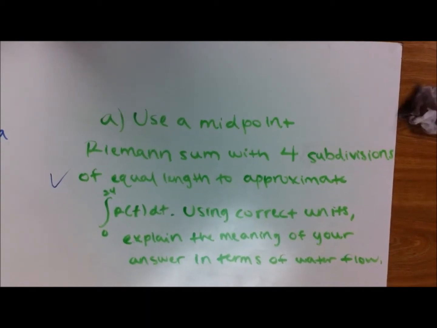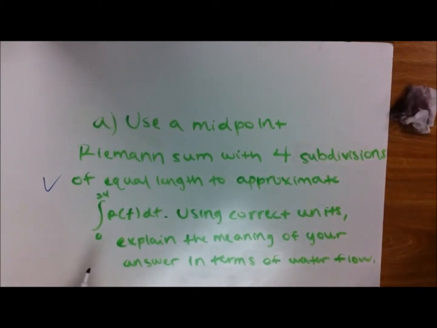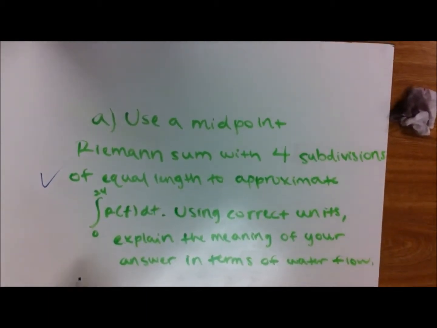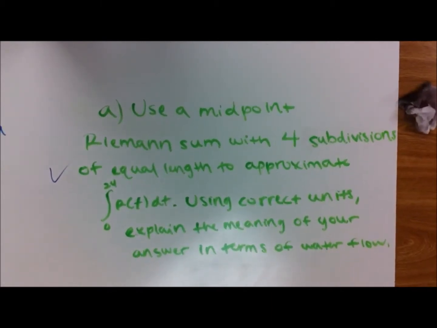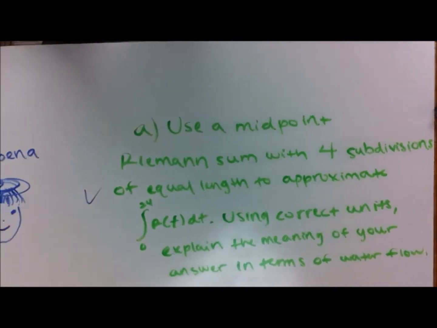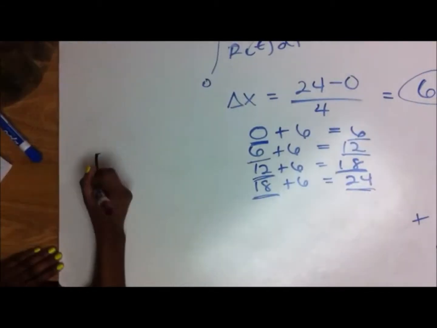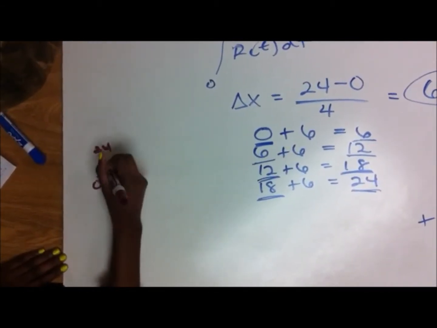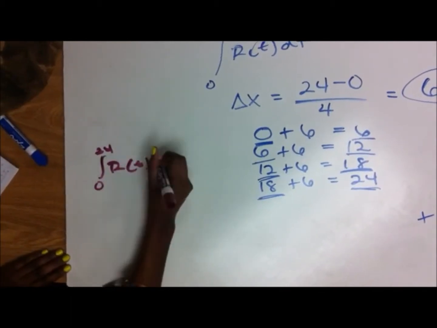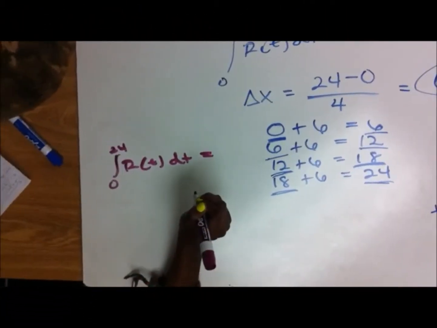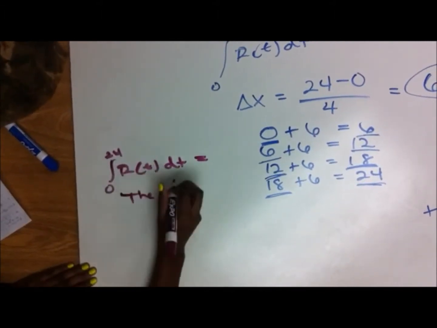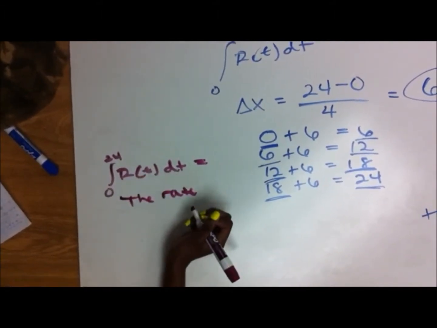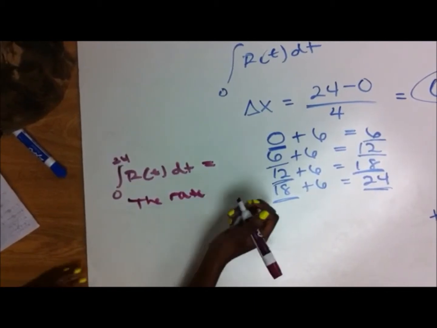Now we have to answer the second part of the question, which was to explain what the integral from 0 to 24 of r(t) dt means in terms of the water flow. So I'm going to put a little space over here to explain that. The integral of 0 to 24 of r(t), in terms of the problem, equals the rate at which water flows out of the pipe